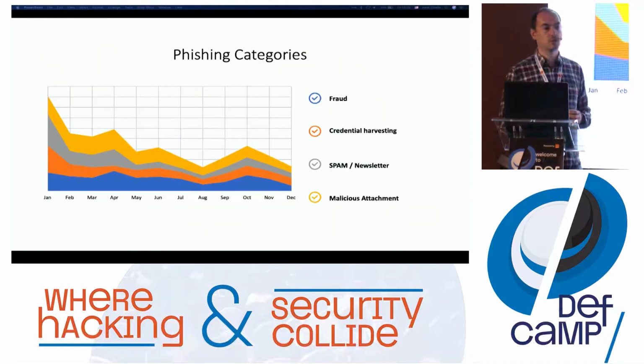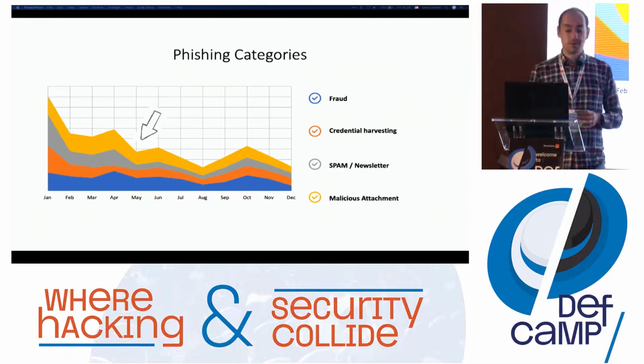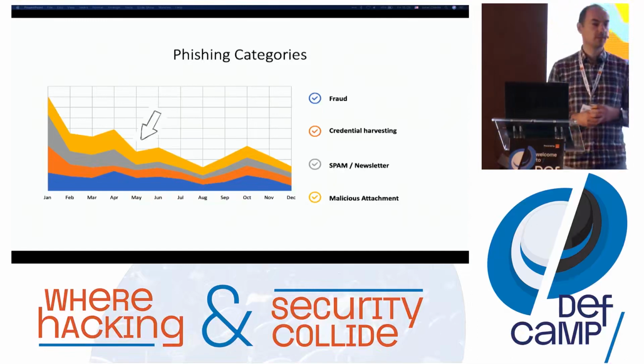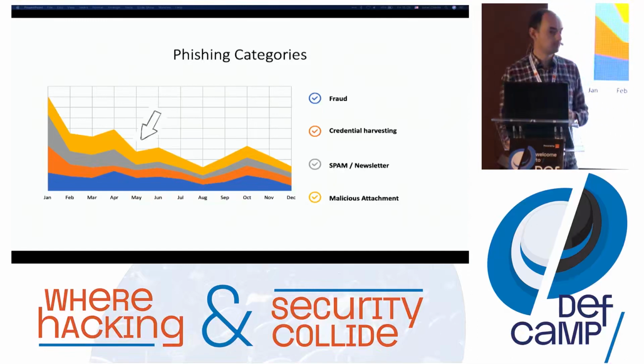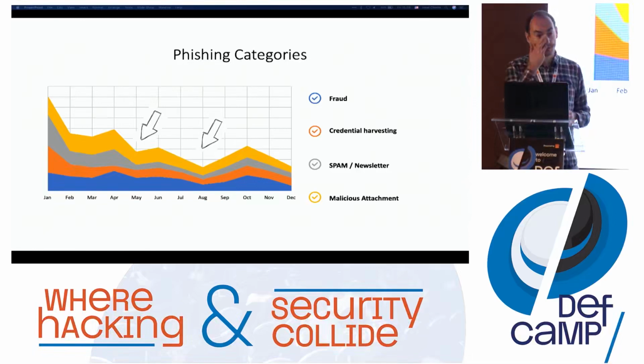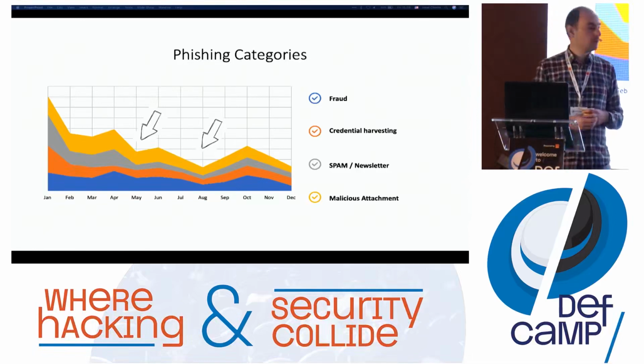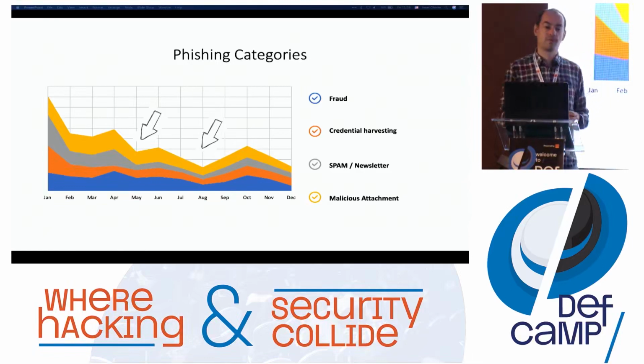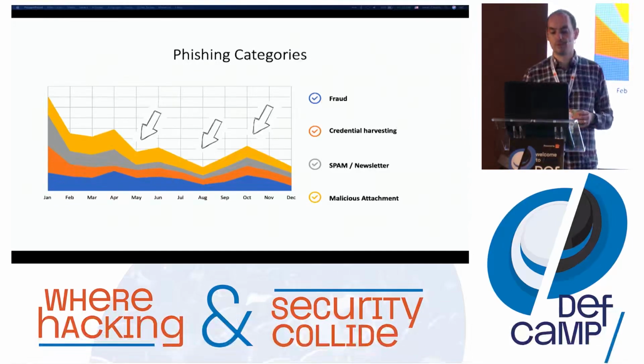You have one year's worth of data. Put it in perspective. Try to understand what the lows and highs mean. Here in May, you might have implemented the SPF checks and DKIM. So logically you'll have a drop in terms of phishing emails. Next, in August, I don't know, maybe a vacation season. Try to understand why you have such low numbers of phishings.